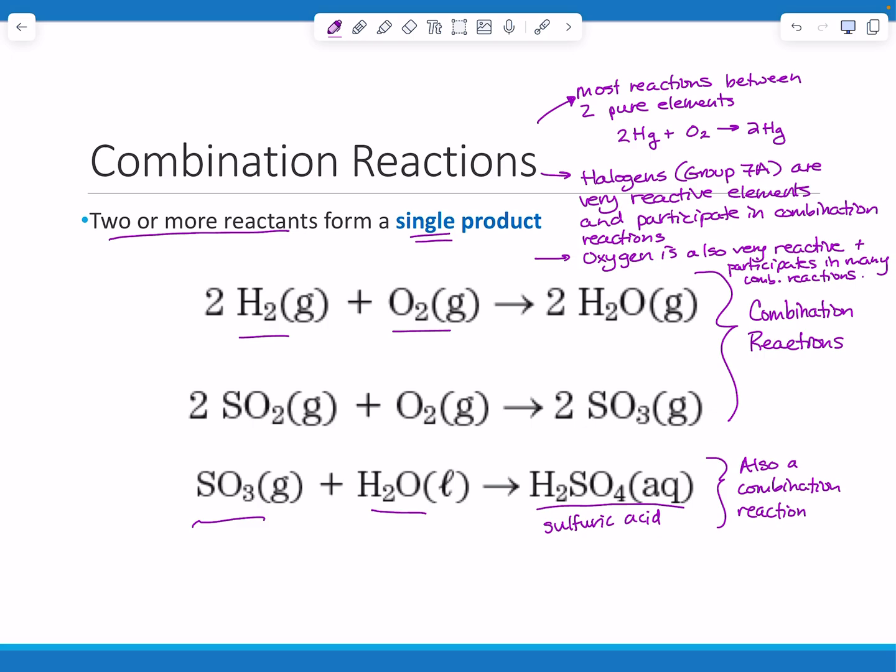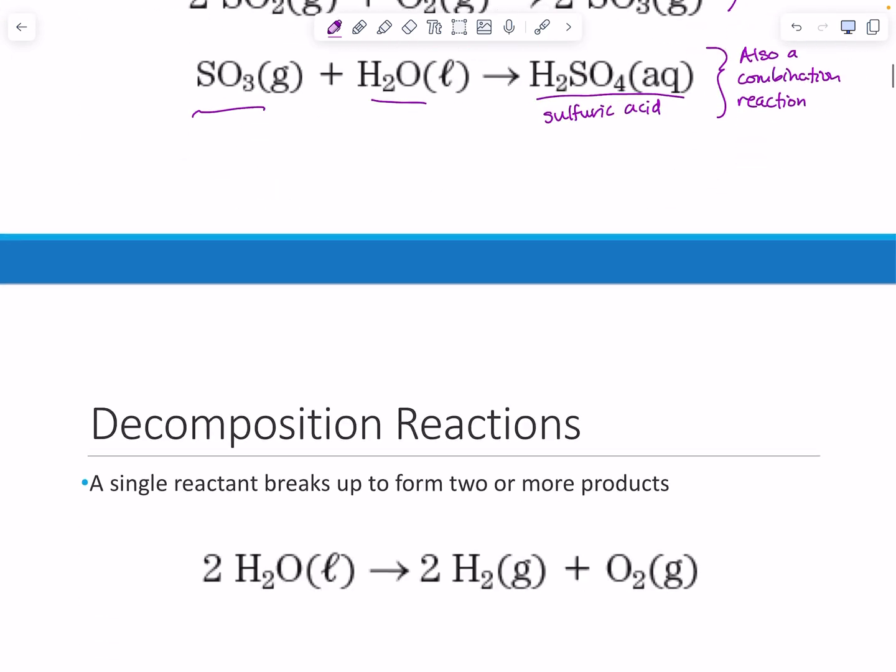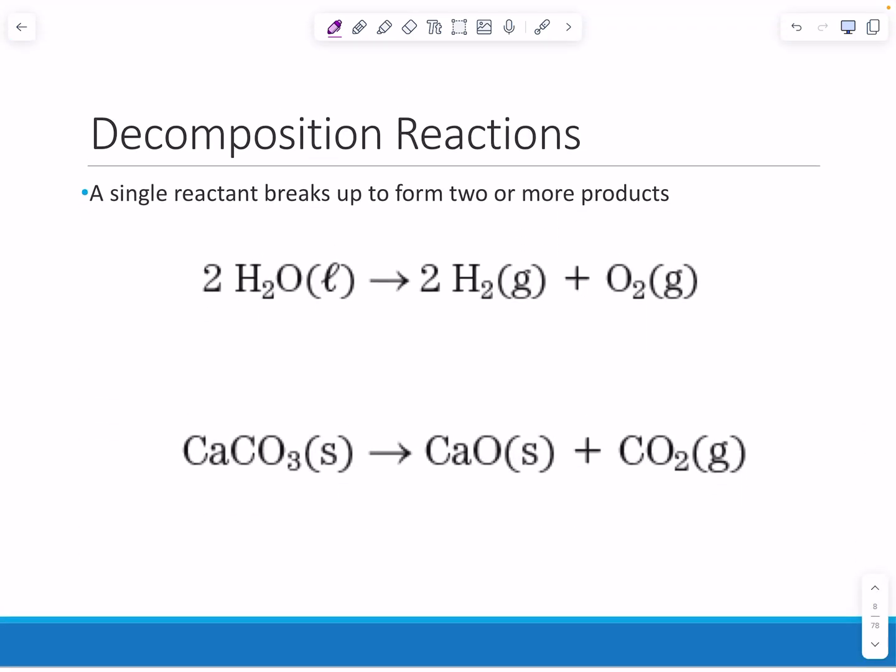We can also take a chemical and break it apart. And this is what's called decomposition. So this is when we have a single reactant breaking up to form two or more products. You'll notice that there's a reaction that you've seen before in the opposite direction here. So if the formation of water from oxygen and hydrogen is a combination reaction, then if we take water and we break it up into hydrogen and oxygen gas, and you can do this with electricity,